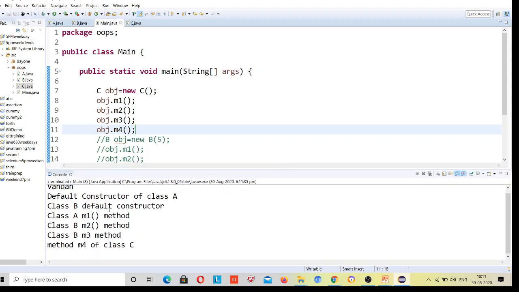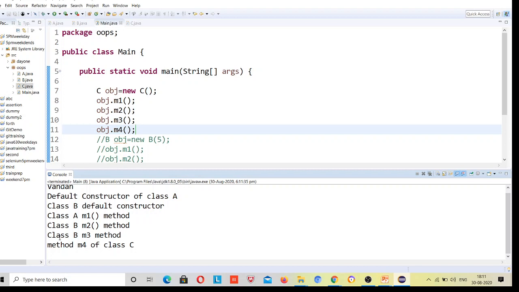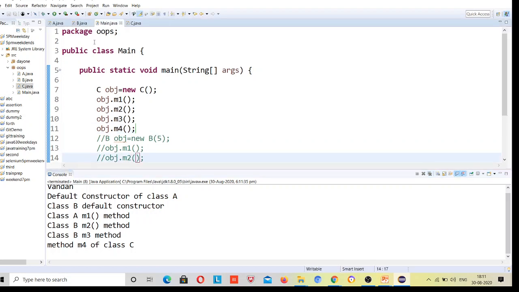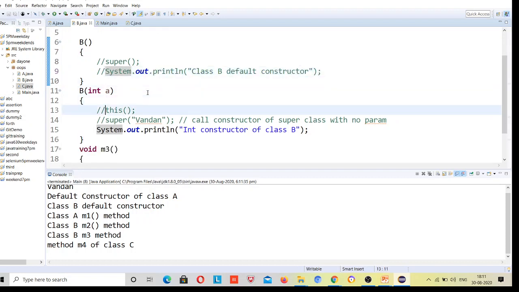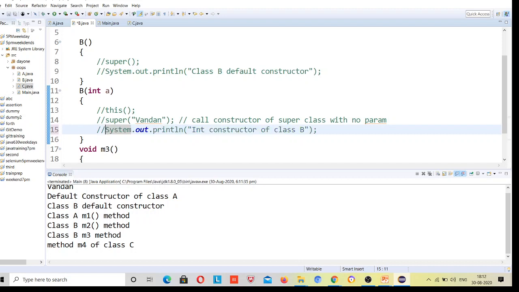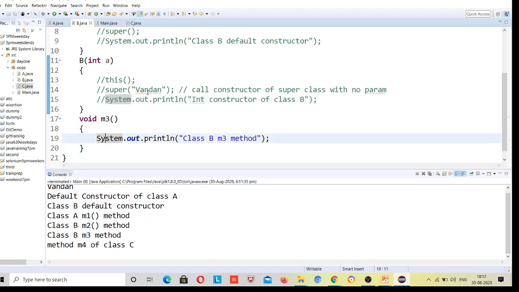You can see class A M1 method, class B M2 method. Wait, I have given some wrong messages there. Let me comment these methods first so you can understand the class.